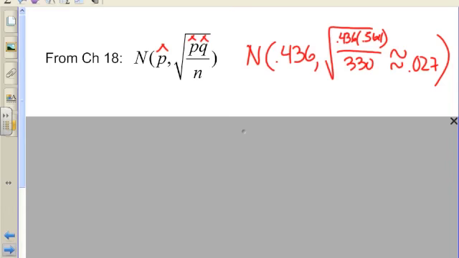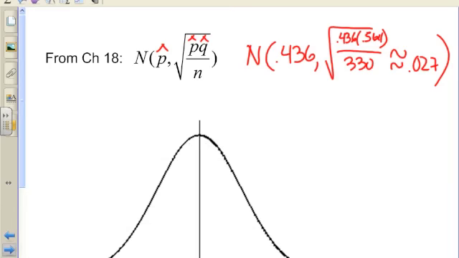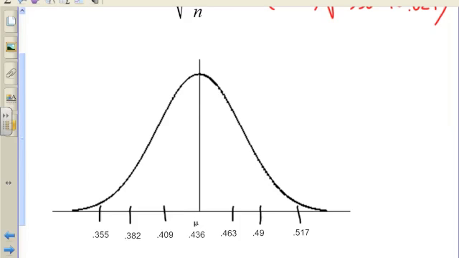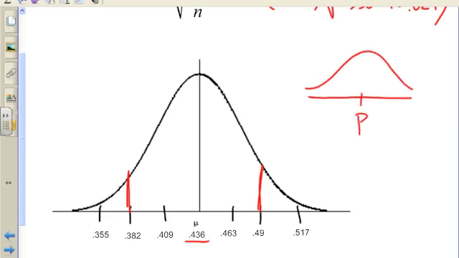So I can go ahead and set up my normal model this way. Same thing we were talking about in Chapter 18, so I actually went ahead and did that. You can see my 0.436 in the middle, and I went out 1, 2, 3 standard deviations on either side. So the question becomes, how does that help us? Well, remember, 95% is going to be kind of our standard. I can be pretty sure that p is somewhere in there. Remember in Chapter 18, we draw a normal model, we put p in the middle, and if we went out 2 standard deviations on either side,